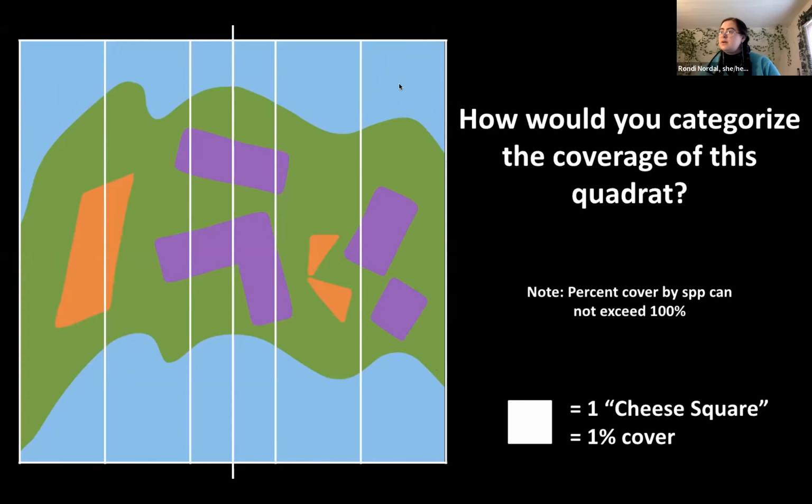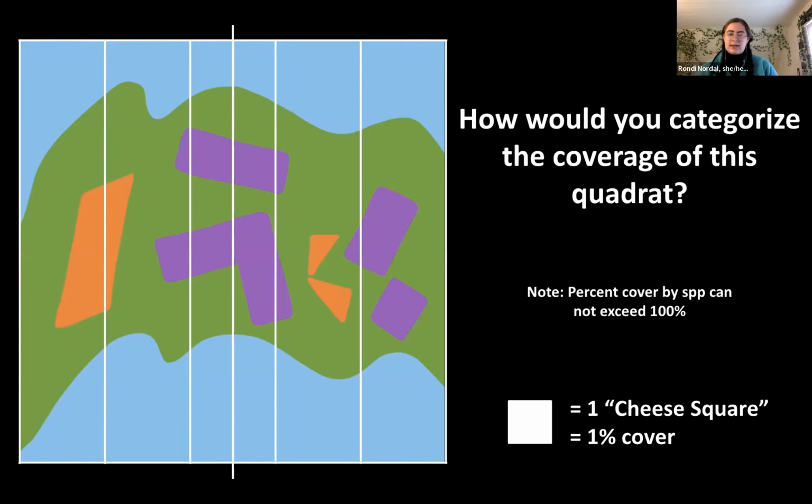Here we go. Is everybody seeing the poll number 2? Just a thumbs up is good enough. Awesome, thanks. And so for this one, again, just a reminder, the 1% chi-square is a tool you can use, but review this slide for how you would categorize all of the colors,